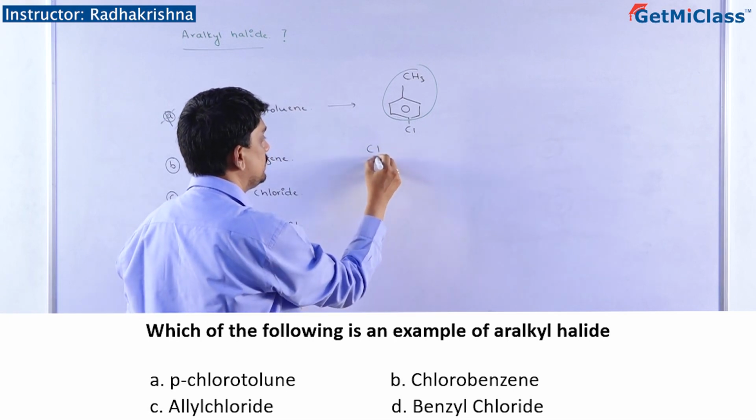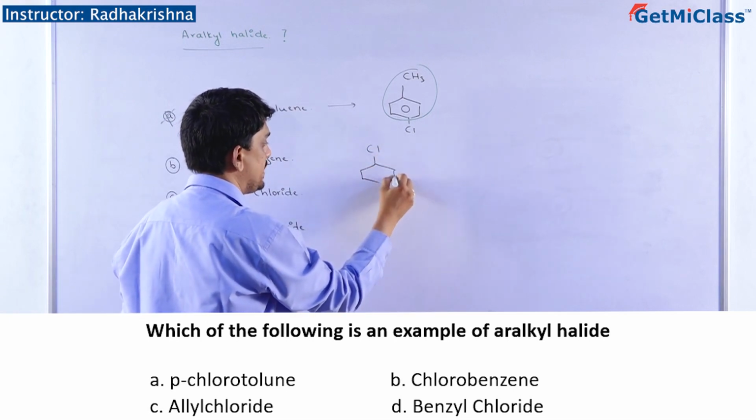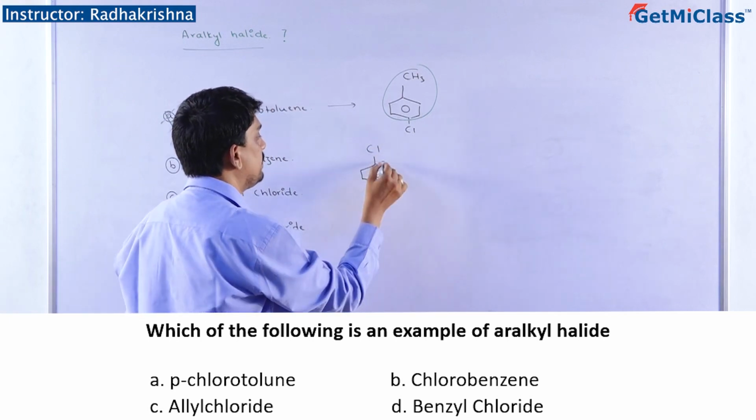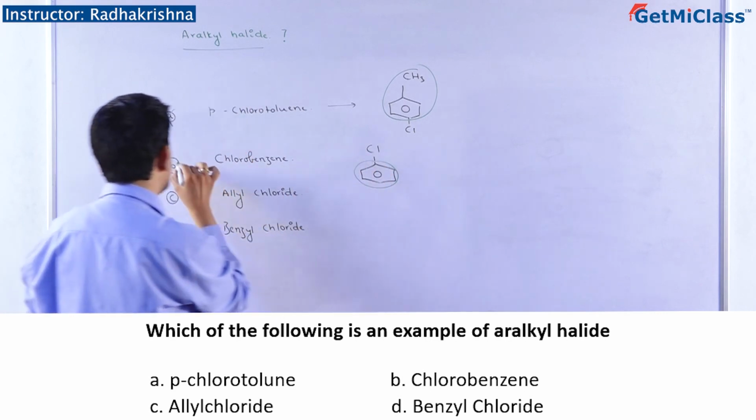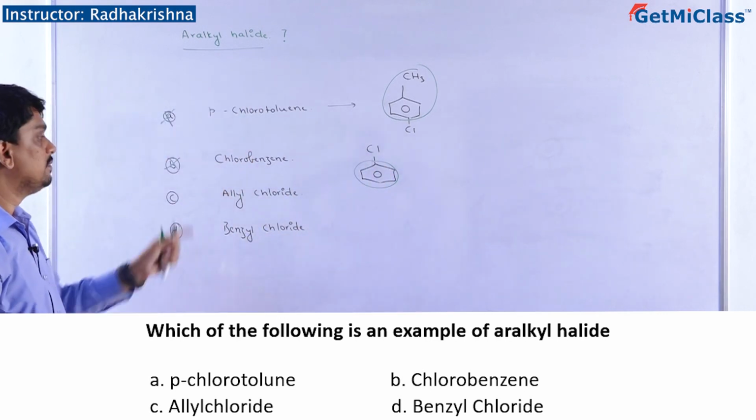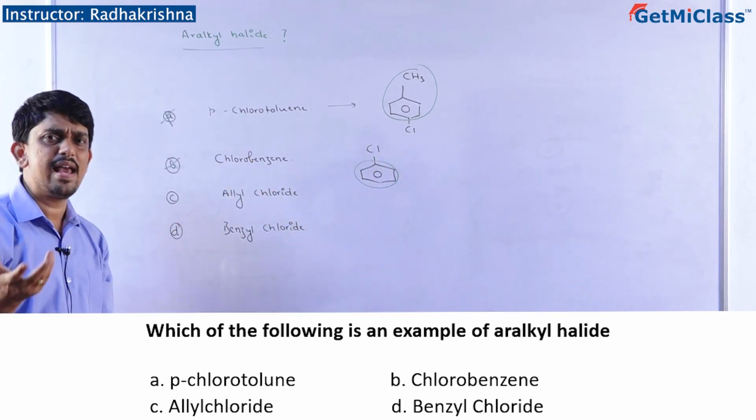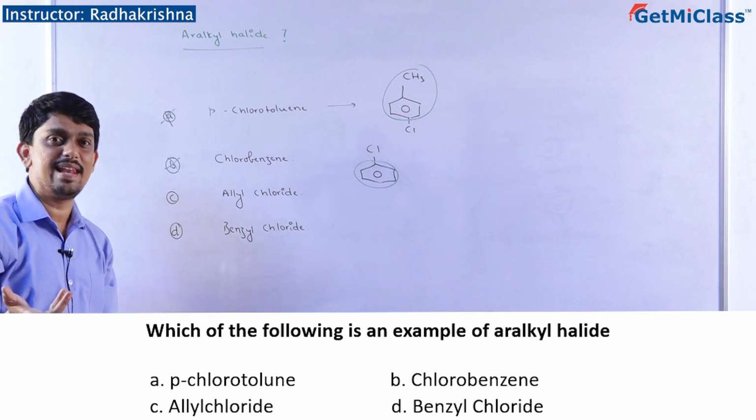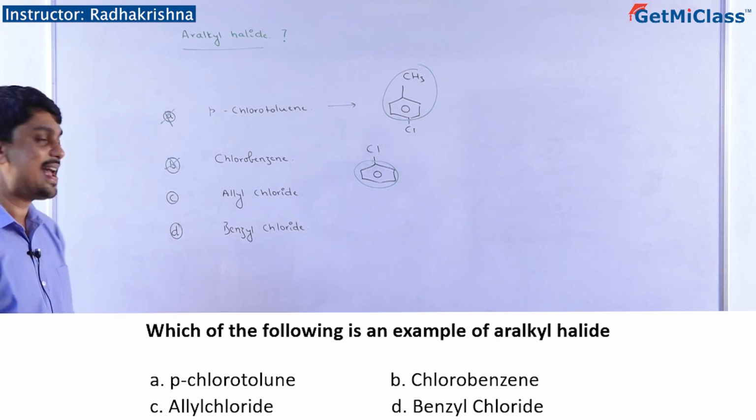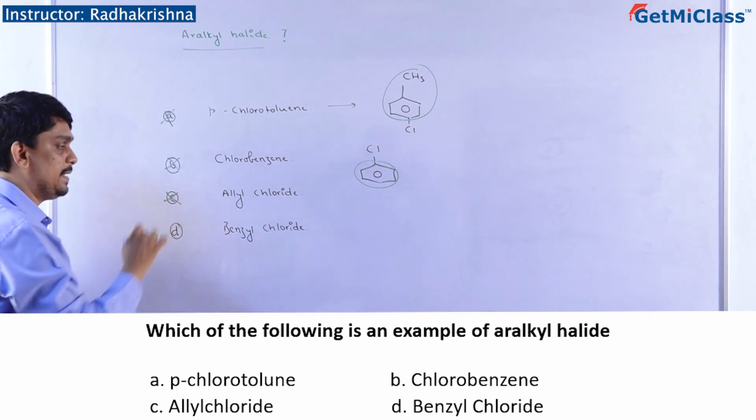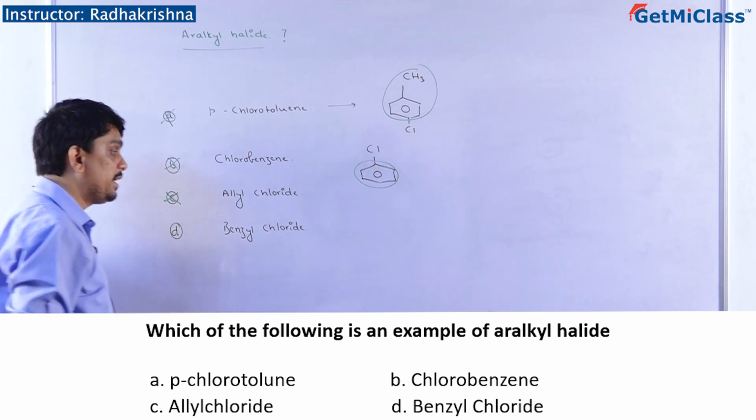Chlorobenzene, let me show you chlorobenzene. Again it is aryl halide, cannot be the answer. Then allyl chloride. I know allyl chloride is an allylic halide, it cannot be aralkyl halide, so cannot be the answer. So we are left with option D, that is